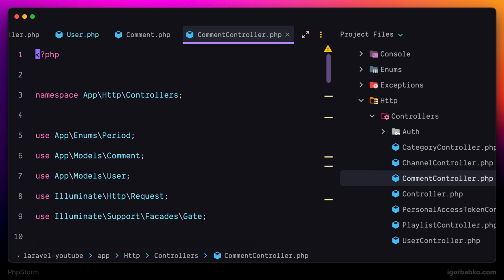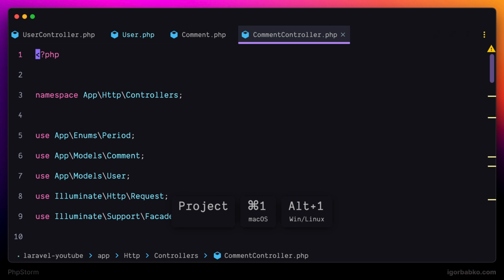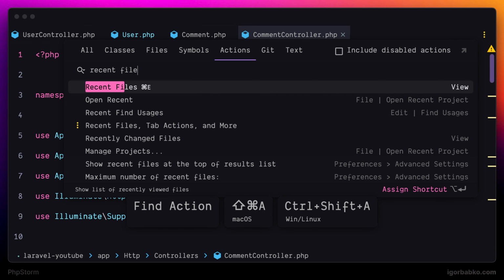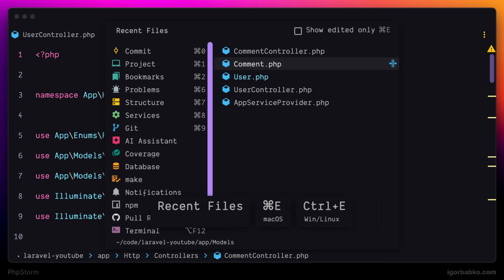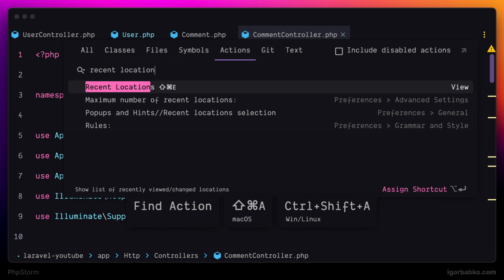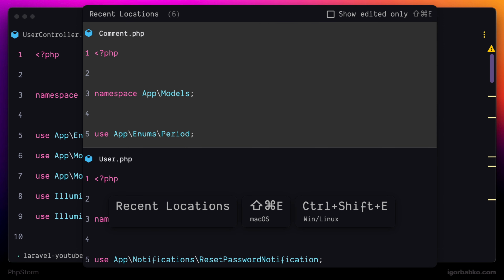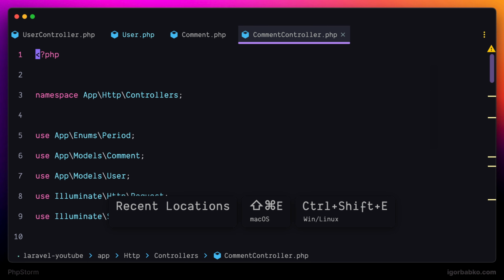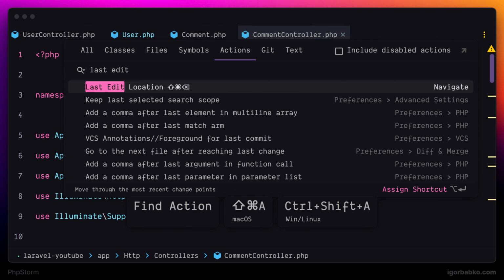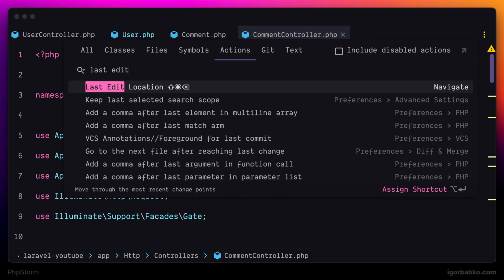So all that functionality that we have reviewed in this lesson is also available via the Global Search Panel. To open up the window with recent files, we can run the recent files command. To open up the window with recent locations, we can run the recent locations command. Some of these commands might have a keyboard shortcut assigned to them. That way it will be displayed right next to the command. But if certain commands do not have keyboard shortcuts, we can always assign them by pressing Option Enter or reassign